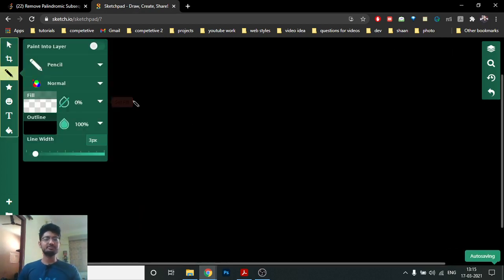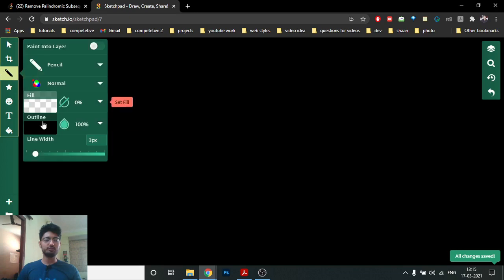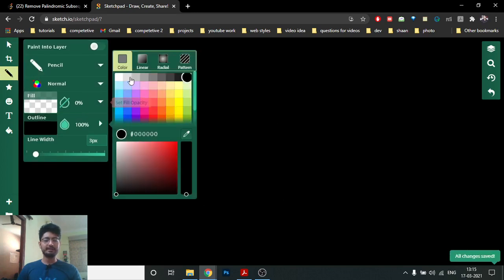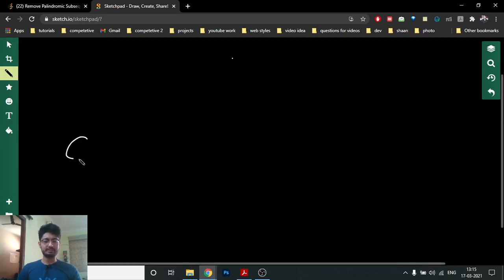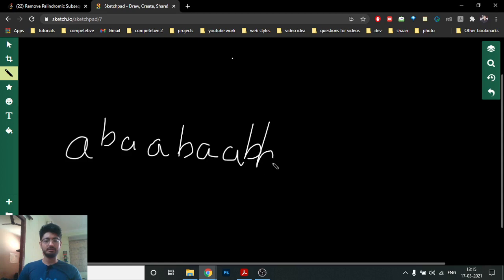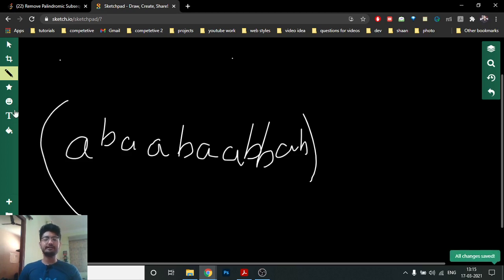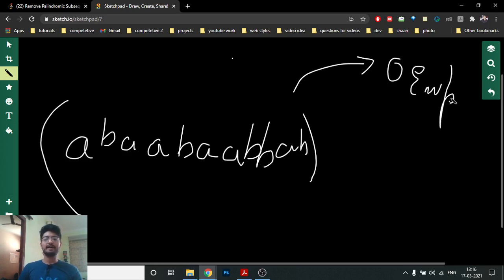You are given a string made of only A and B. Take just one example: A B A B B A B. You have to delete a subsequence from this whole string. In how many minimum steps can you delete subsequences such that the whole string becomes empty? That's the whole problem.